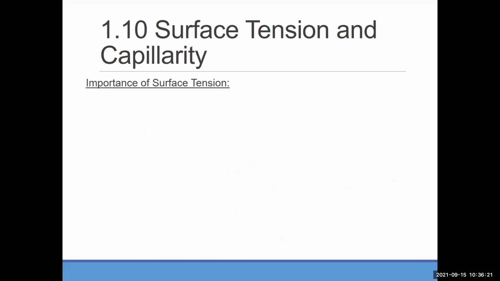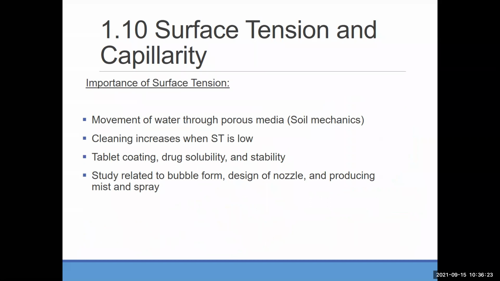Some other uses can be like tablet coating, drug solubility and stability. And for cleaning purposes, for painting purposes, those are very, very important, like making the spray from the nozzle. So surface tension is very important for those purposes. We are not going into that much detail, but just to let you know, one most important example is in the soil mechanics class. Okay. Now,